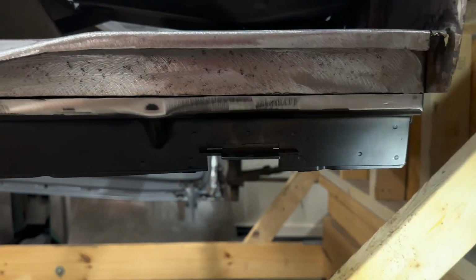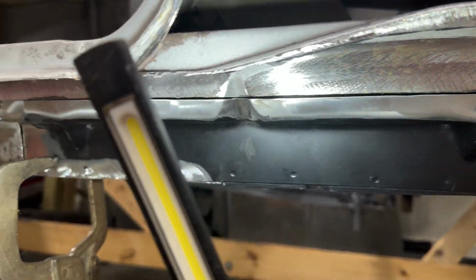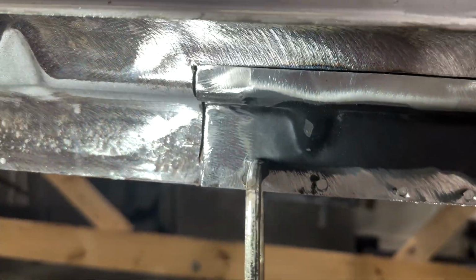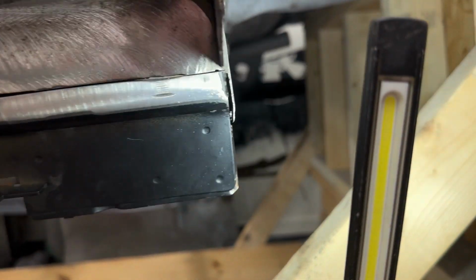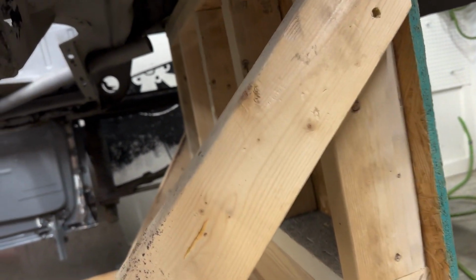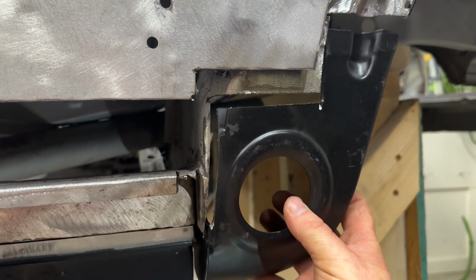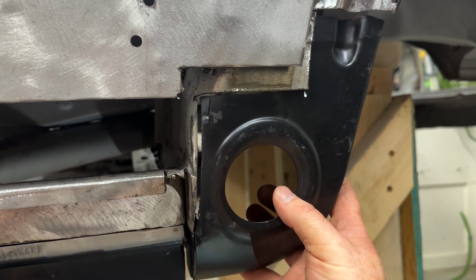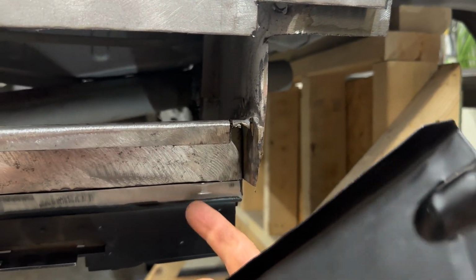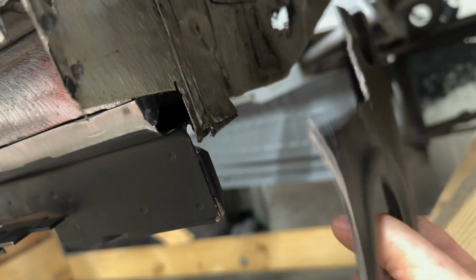All right, so we'll come back out here, and this is just a loose mock-up because this is actually really tight, not that big of a gap. Same here. This is just a loose mock-up because I was inside tweaking it and trying to get it lined up and all that. So I got my rear corner piece all cut. Trying to do this and look through the camera. I have it ready to go pretty much, but I needed to weld this one in first so that I could basically plug weld